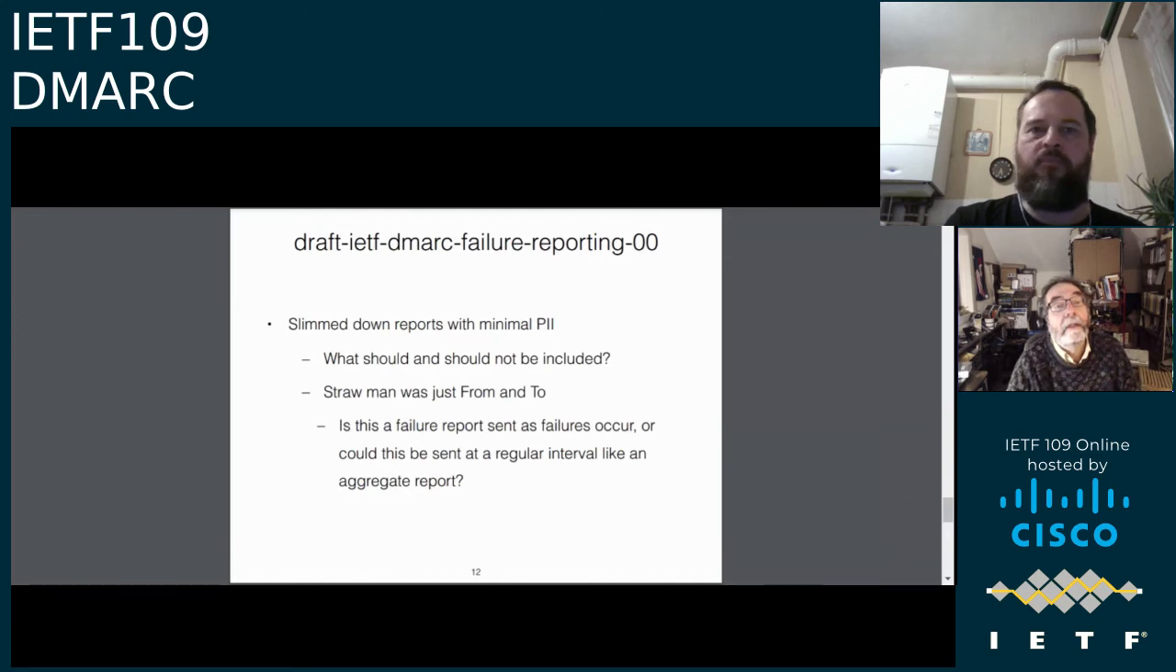Yeah, I think if we want to encourage more failure reporting, then having some text about what should be included, what you should consider at minimum, and why you should or should not include various things would probably be useful in the document. Yeah, well,